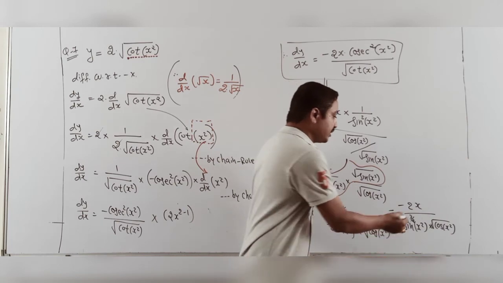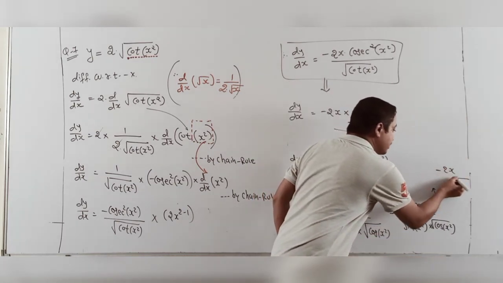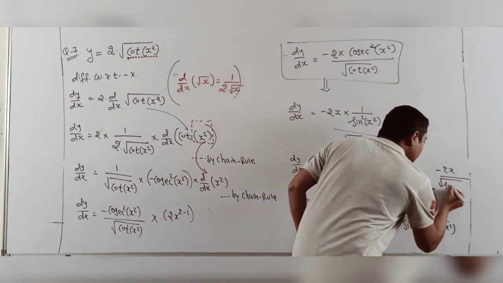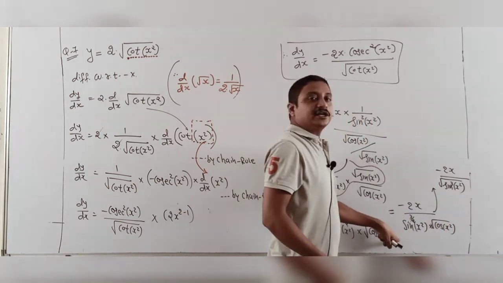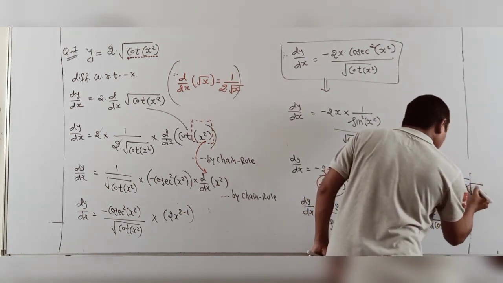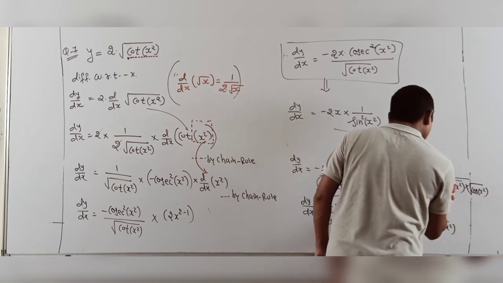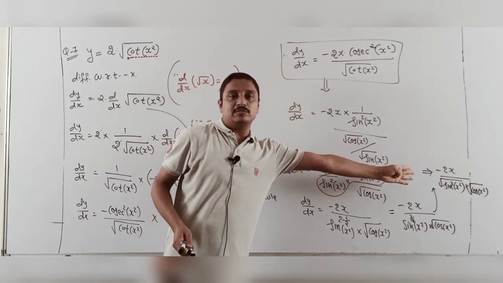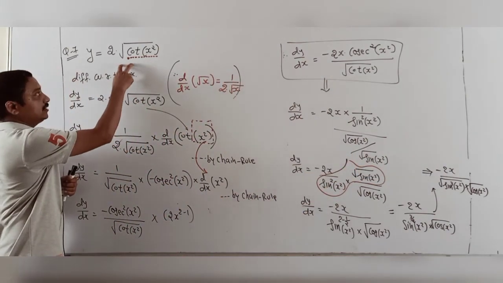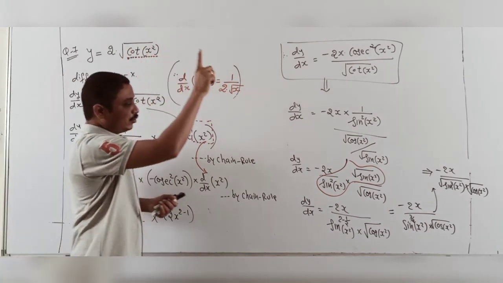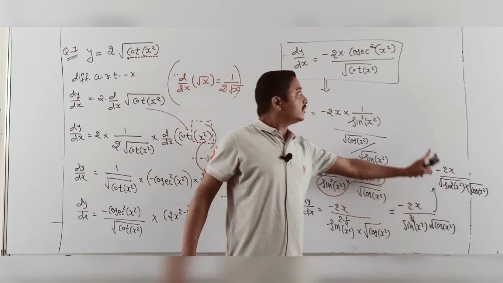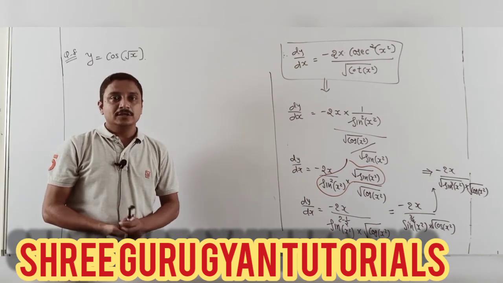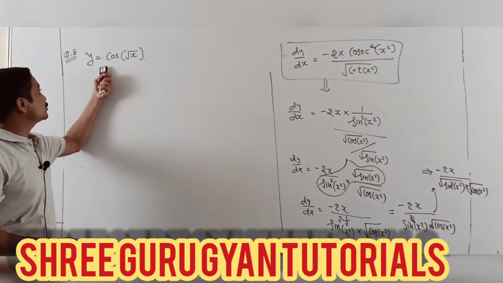3 by 2. You also mention at the end minus 2x by sine raised to 3 by 2 of x square, which I already wrote in root form, and the other answer is under root of cos x square. So this answer is also true according to your answer base. Sometimes when asked to prove the given, it must be transferred into this form. Either you start cos by sine and use the division rule to go directly to this answer, or apply the basic way; both are correct, students. Yes, done here, students. After this I am going to the next one, question number 8.